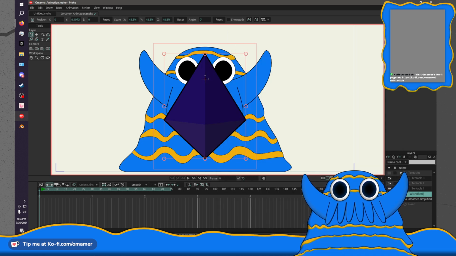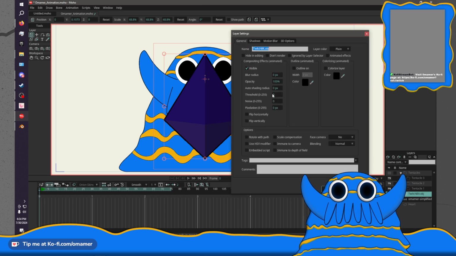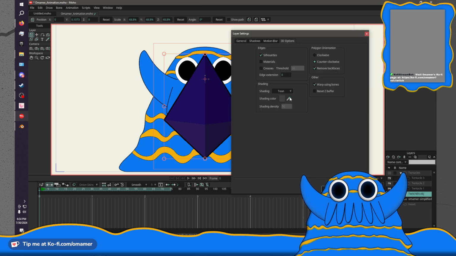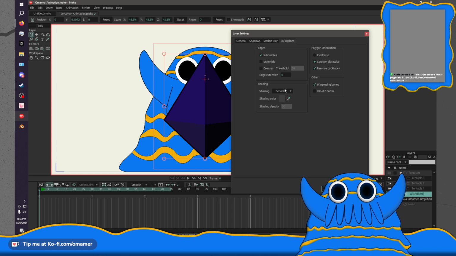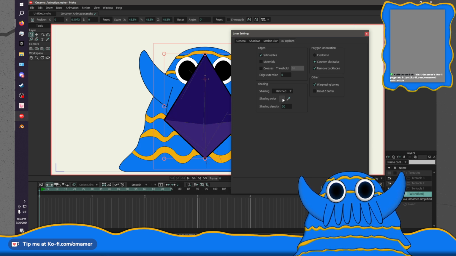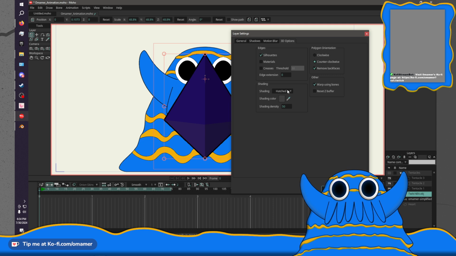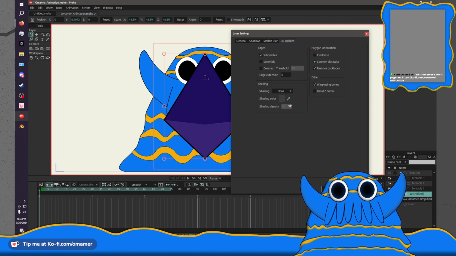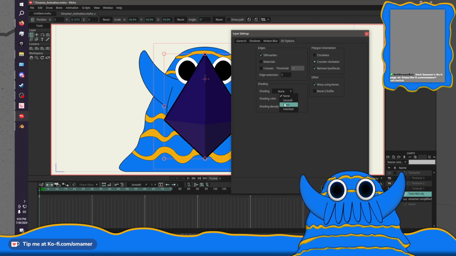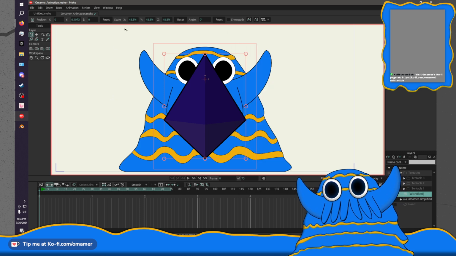Am I frozen, or what's going on here? Why can I not change the shading color? Okay, that's only in that mode. I would really like to brighten this up, though.